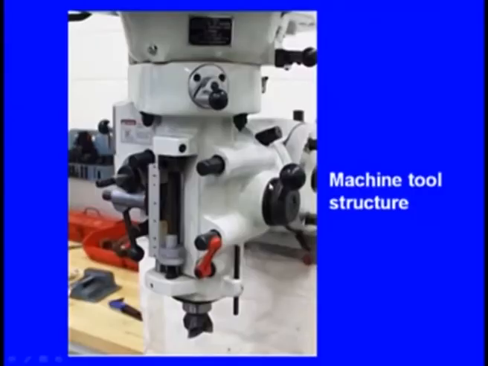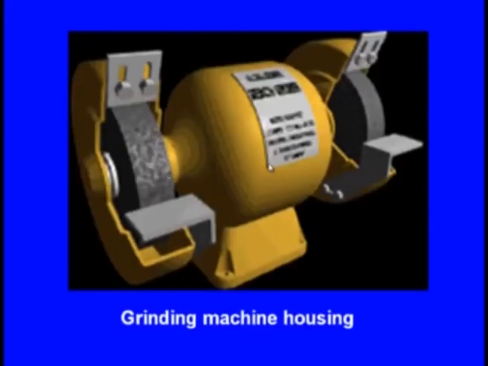This is again a machine tool structure. You can see outside there is a thick casing, thick housing, and inside there will be so many components, moving parts, and levers. The outside structure is manufactured by metal casting. Now this is the grinding machine, and you can see grinding wheel, and here one wheel is there, other side another wheel is there. This is the grinding machine housing, a thick shell. This is manufactured by metal casting.